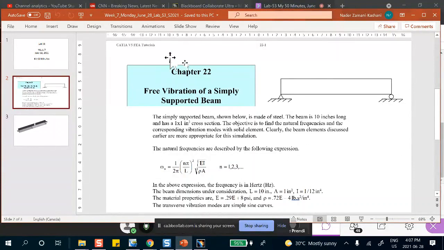Now, free vibration, one of the reasons that we want to know about this frequency, not that much the mode shape right now, but why is it that we want to know about this frequency? It vibrates at that frequency. Can somebody tell me why is it that we are interested in that? We know what it is now, but why is it that we want to know that frequency? What do you say?